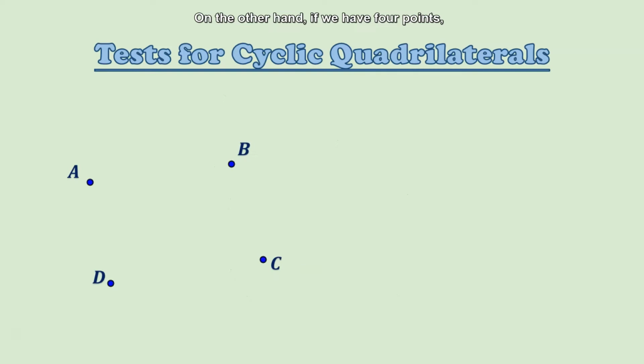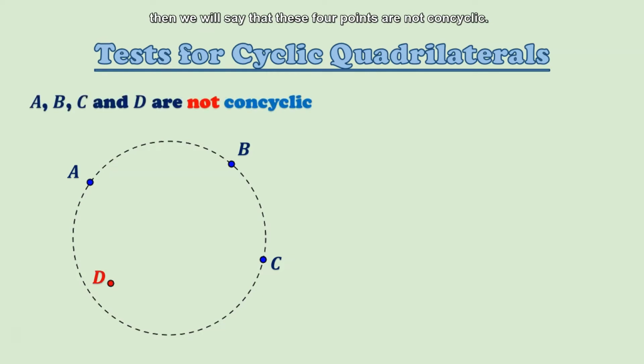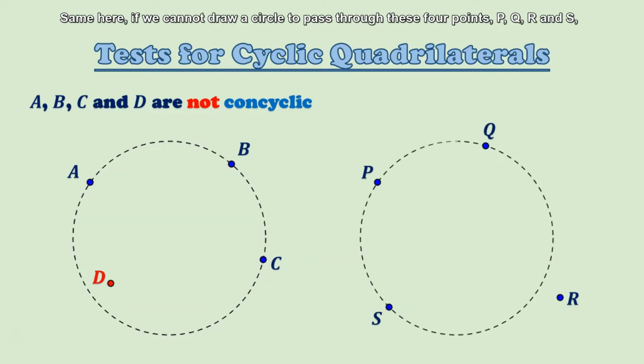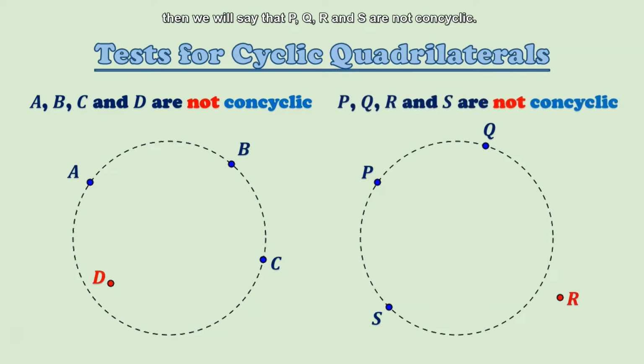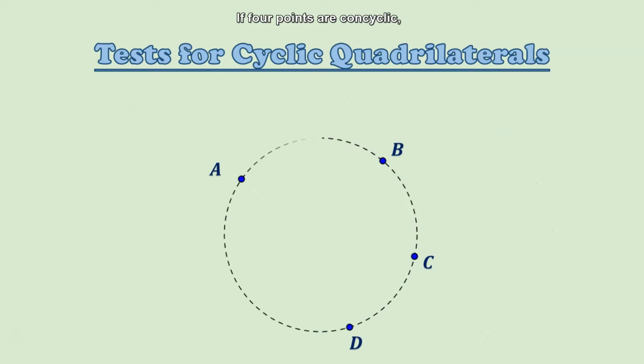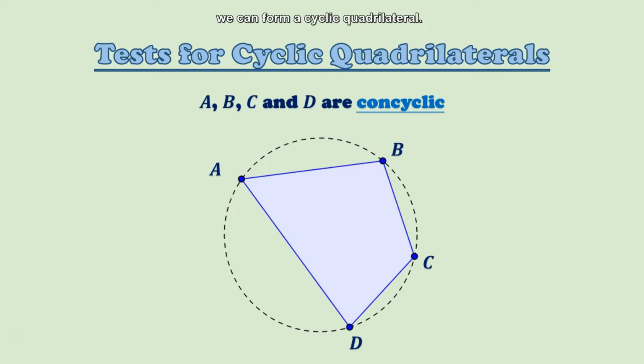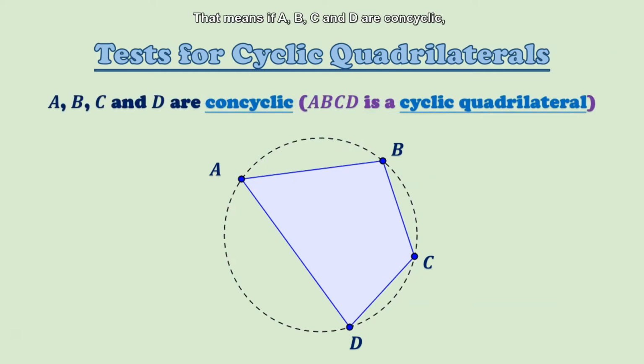On the other hand, if we have 4 points and we cannot draw a circle to pass through all the 4 points, then we will say that these 4 points are not concyclic. Same here, if we cannot draw a circle to pass through these 4 points PQRS, then we will say that PQRS are not concyclic. If 4 points are concyclic, that means if we joined A, B, C, and D, we can form a cyclic quadrilateral. That means if A, B, C, D are concyclic, it is equivalent to say that A, B, C, D is